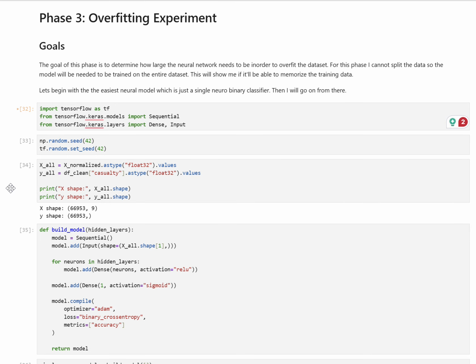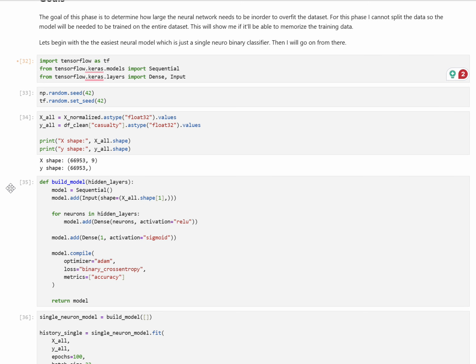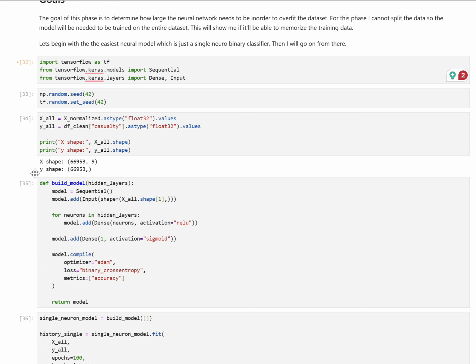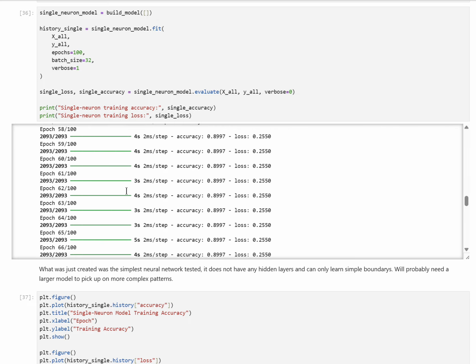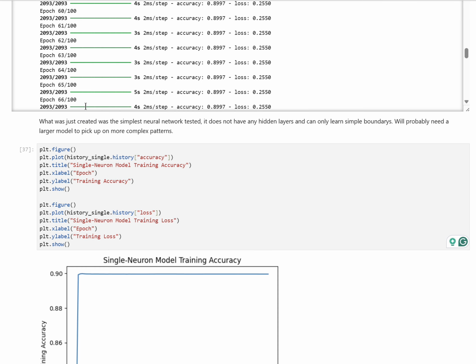This isn't as important as directed in the notes, but basically I had to make neural networks that would overfit the data set, and the data set is giant. So I was able to split it. However, it took a while. I actually had to make it smaller.